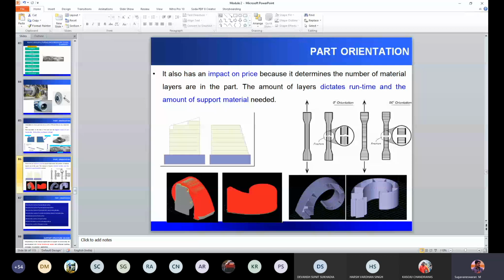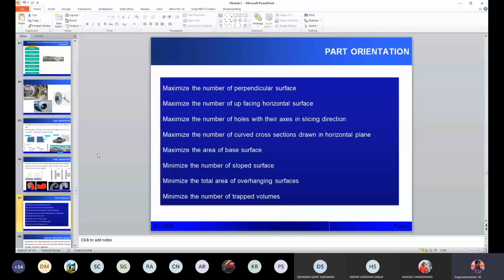So if you look overall, you may end up with a multi-objective optimization. If you do an orientation for one objective, the other objective may not get satisfied. So it is very critical to do an optimized structure. So how to do an optimized structure? There is a set of rules and regulations. These rules and regulations we will discuss in the next session. If you follow these rules and regulations, you will be able to optimize the print orientation, that is part orientation. Those rules and regulations we will discuss in subsequent classes.